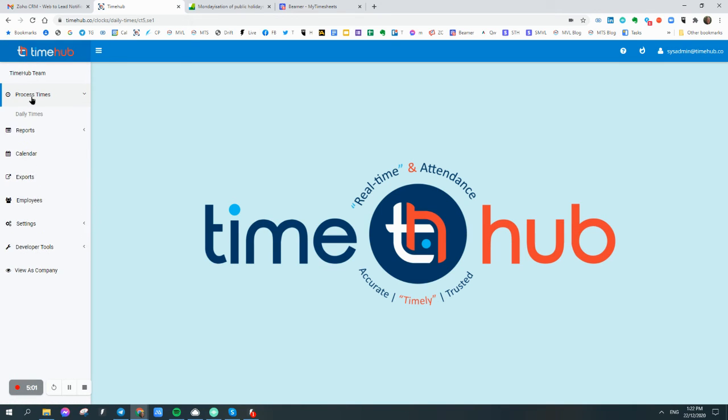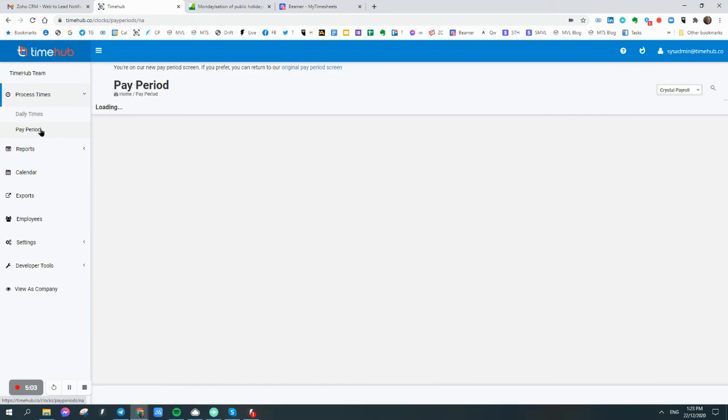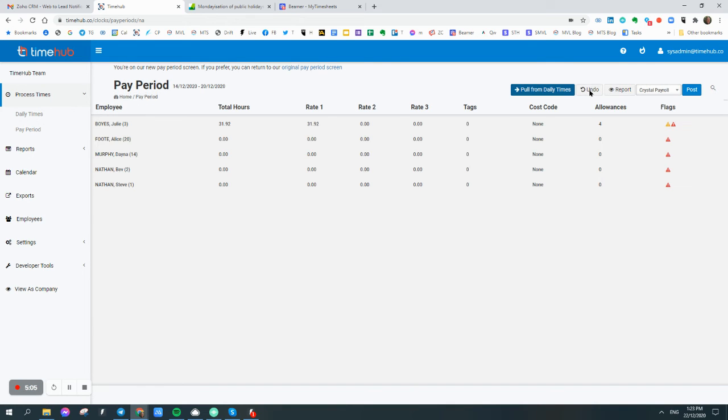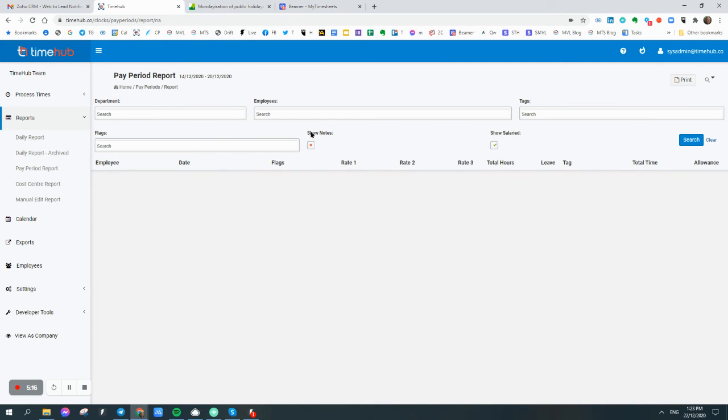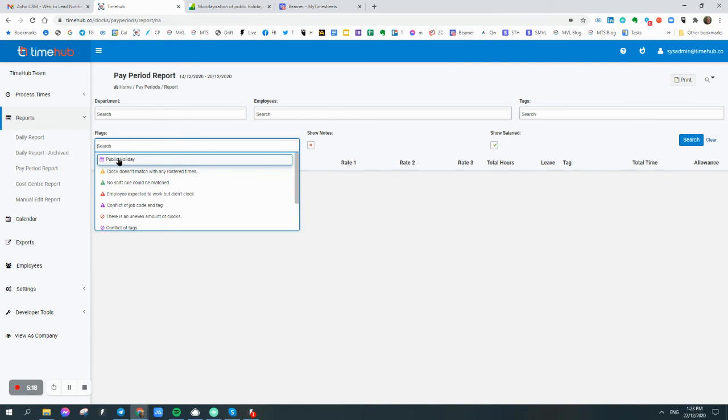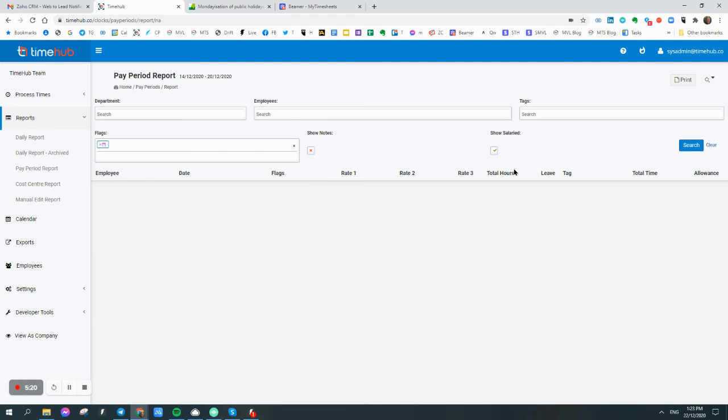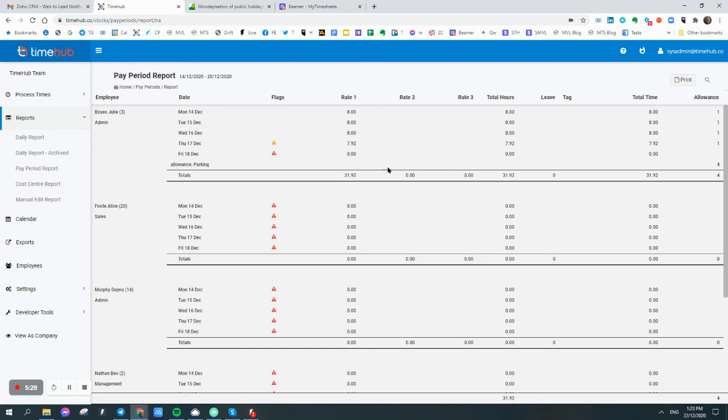or if you do it in your pay period, the same thing would apply if I ran this report. If I undid my pay period and I ran a public holiday report in here, then I will get the same sort of thing. So you can just report on this. So when you're reporting, you can filter it down and say, okay, I'm only interested in flags that say public holiday in this week, and I won't get anything in my view, but when I ran that search, it would show you what every person is being paid for the public holiday, and then you've got the ability to again come into your pay period.